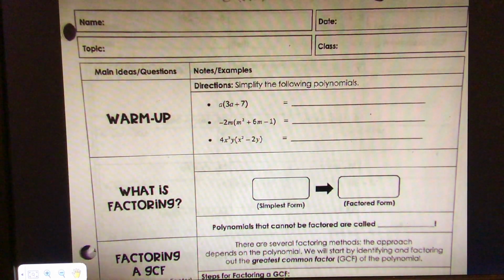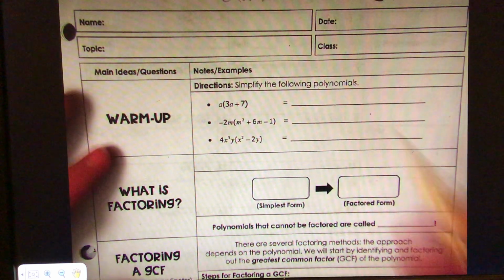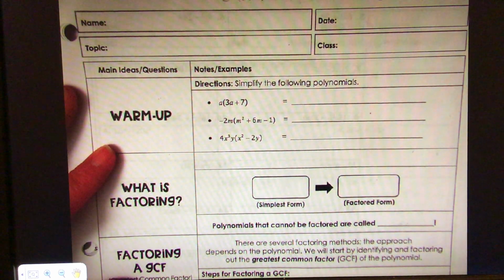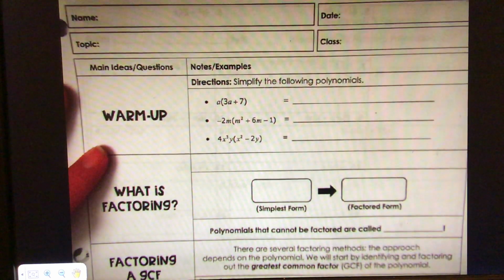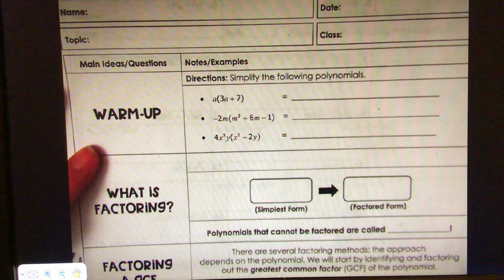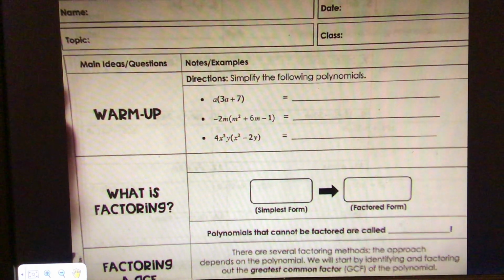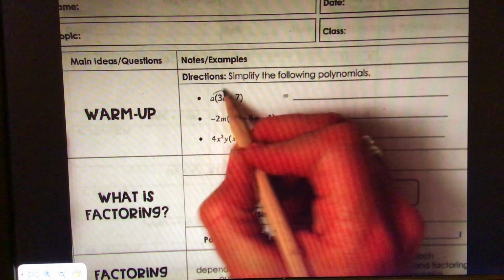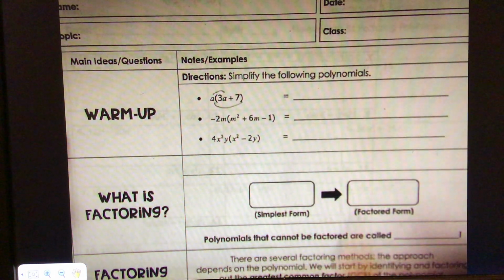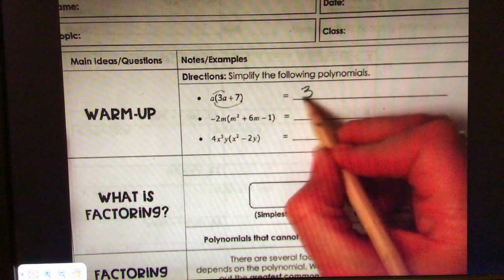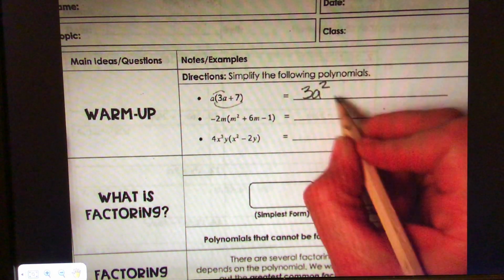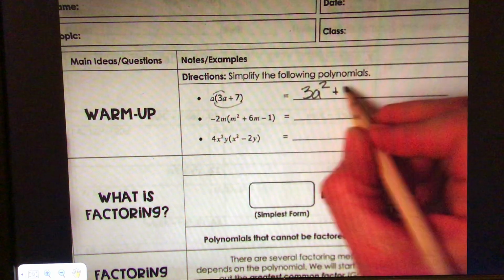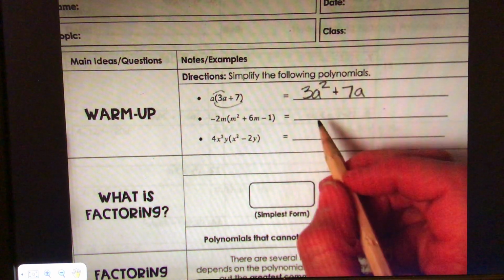It says here that we're going to review a little bit as far as simplifying some of the polynomials that we've done a lot of work with. And here we go. So we are winking and smiling. And I am going to end up with 3a squared plus 7 times a is 7a. And then here,